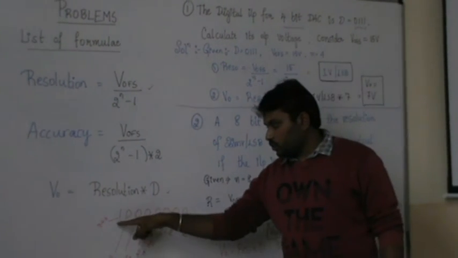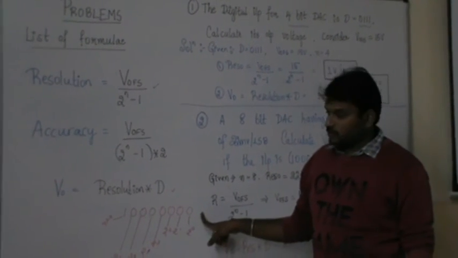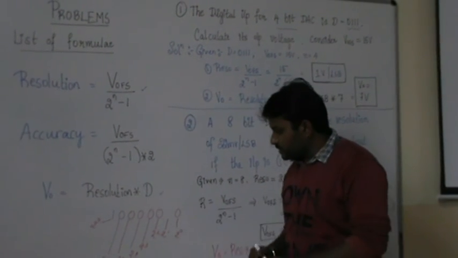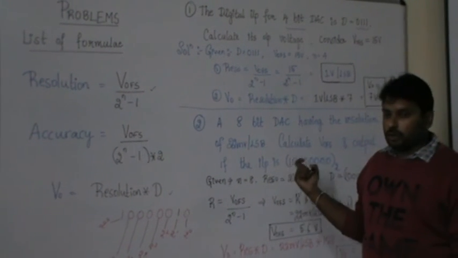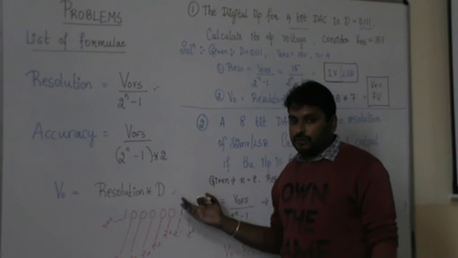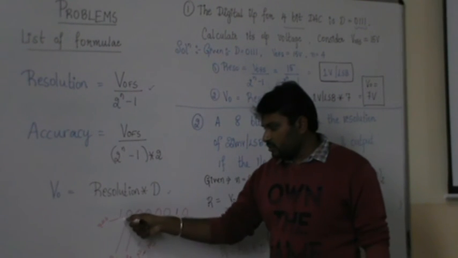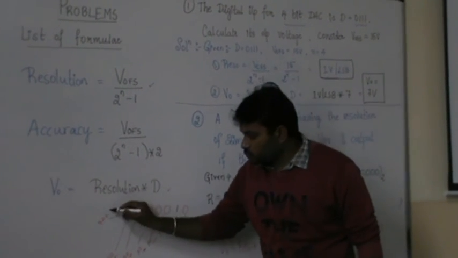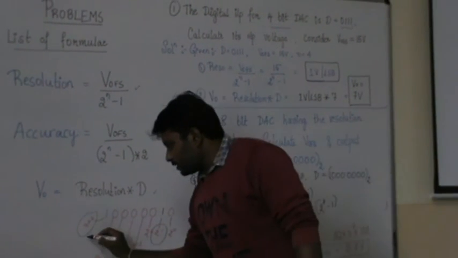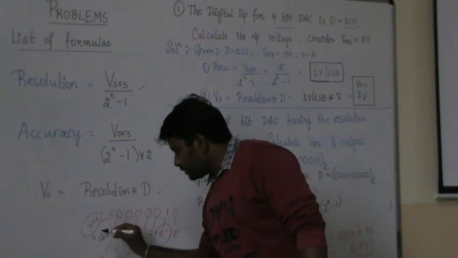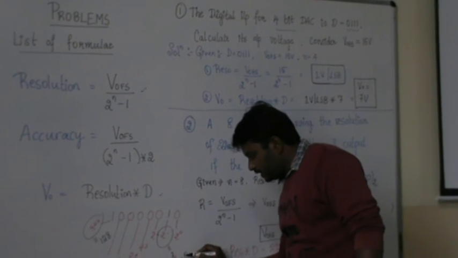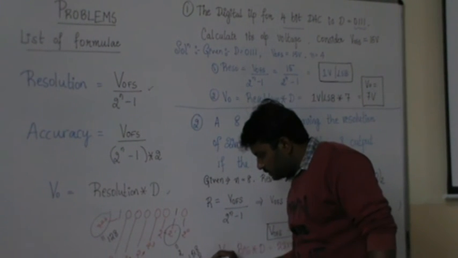And again, you know how to calculate the decimal equivalent. For example, if there is a 1 here in your data, how do you convert from binary to decimal? Wherever there is a 1, only those values you have to take. That is 2 to the power of 7, which is 128, and 2 to the power of 1, which is 2. So it is 128 plus 2, equal to 130.